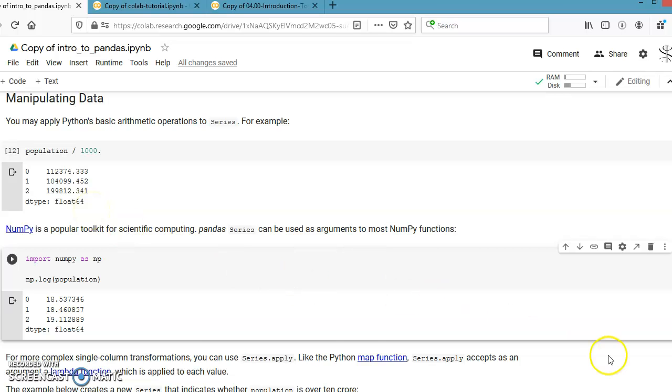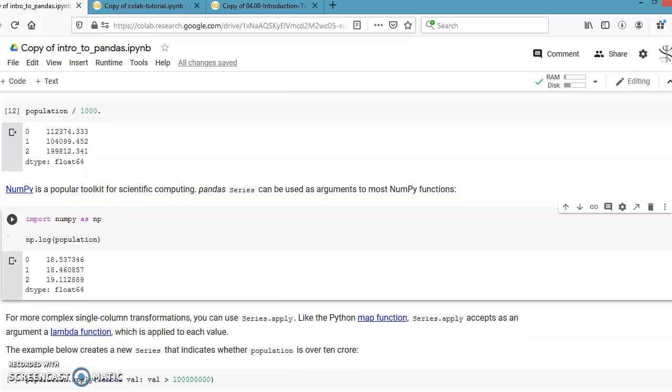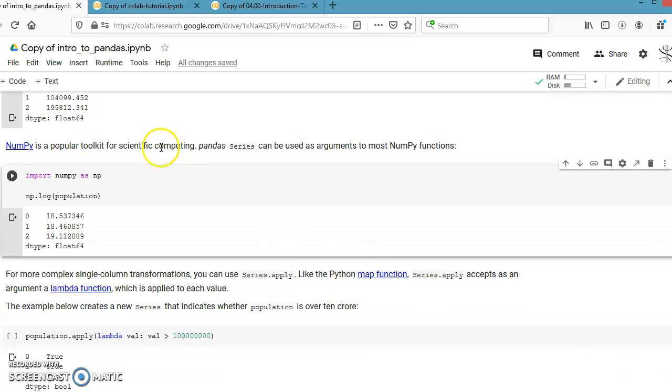Now, if I want to find the log of this same data, what I simply do is import the numpy library. Now see, there is integration of numpy with pandas, and we can apply numpy operations on a pandas series.